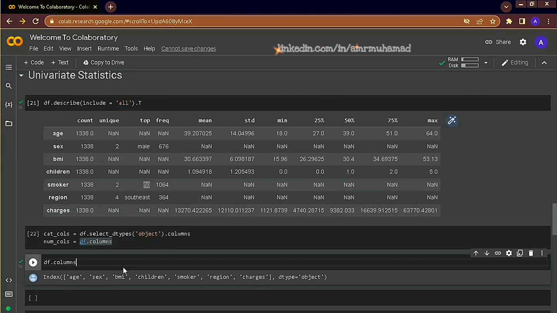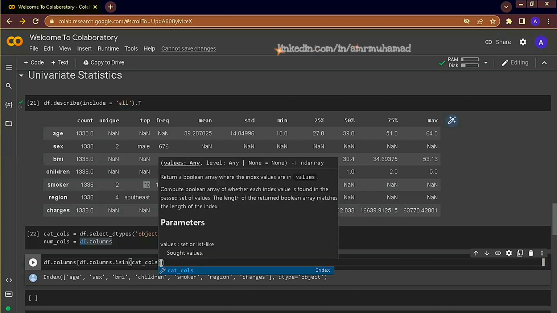And if we want to make a selection from this list, we can do this by using Boolean indexing. So df.columns displays all the columns inside the data frame, and if we want to make a Boolean index, we can simply say df.columns dot isin cat columns, and isin displays all the columns inside the cat columns.